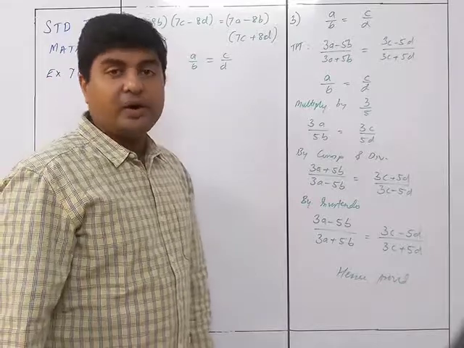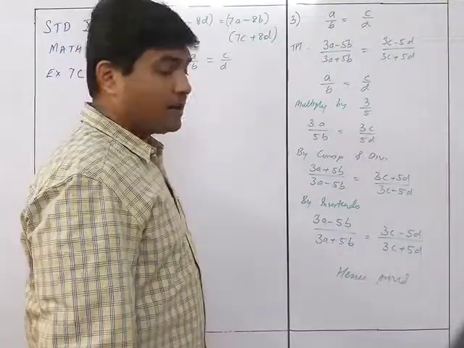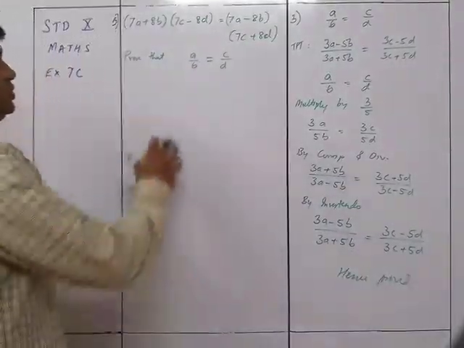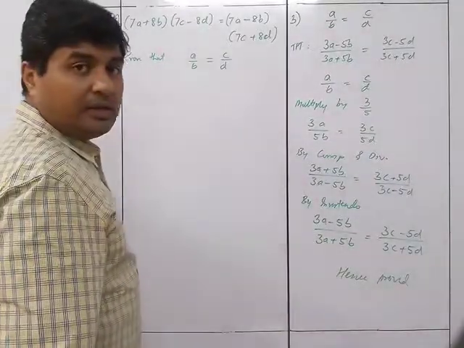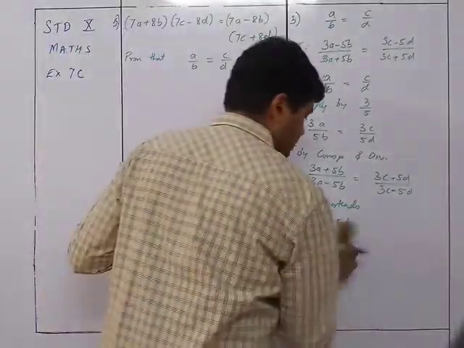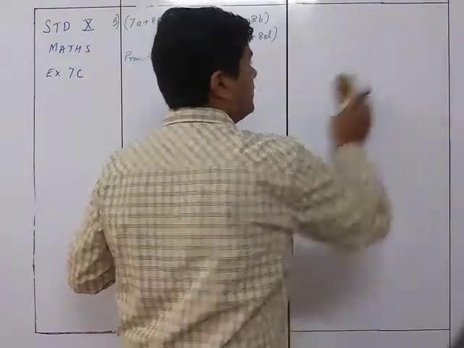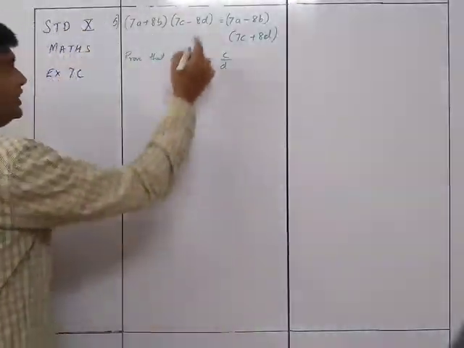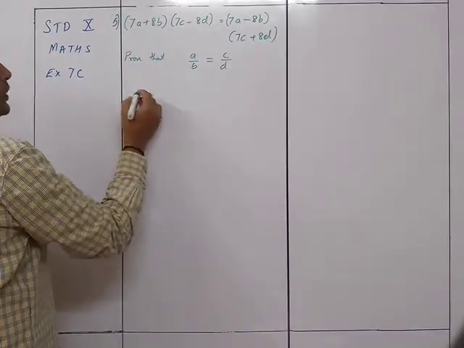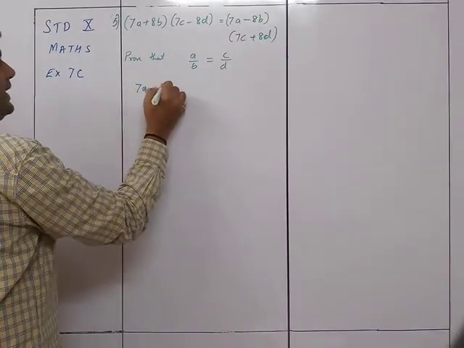Okay, the K method we already saw in the earlier exercise. Let's do the sum, and I'll show you both the methods, so that it is so simple for you that you can do it by both the methods. So let's go by both the methods. First thing is, what I need to prove is 7a plus 8b